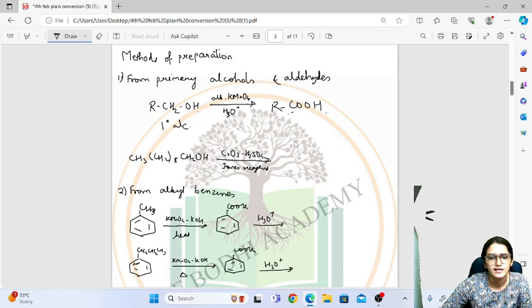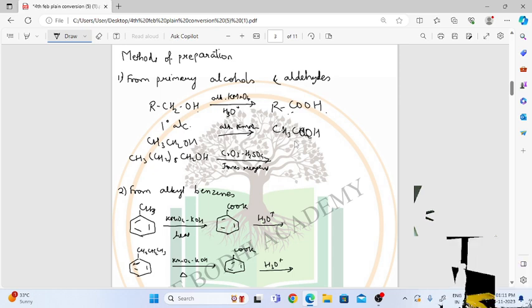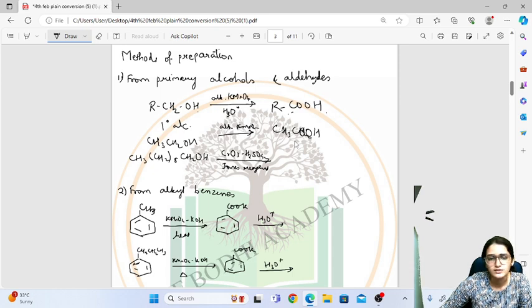So if I take example over here, simple example, then CH3CH2OH, that is ethanol, when treated with alkaline KMnO4 will give ethanoic acid. So CH3COOH. So this is an ethanoic acid. Okay, now this is a compound which is treated with this particular reagent, chromic oxide, which is a Jones reagent. Okay, now this particular compound is having 10 carbons.